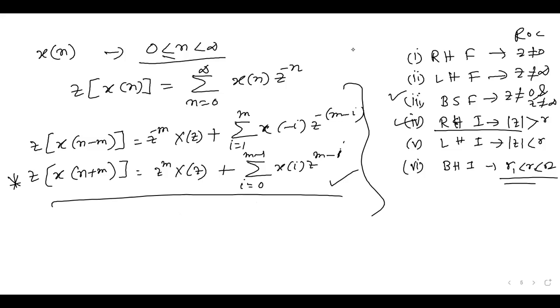Alright, understood? Okay, one thing I'll tell you first: the Z transform of the impulse function. You know the impulse function. In the time domain, the impulse function is defined as 0 for all values of t except t equal to 0. At t equal to 0, the value is infinity. That is the definition of the impulse function.